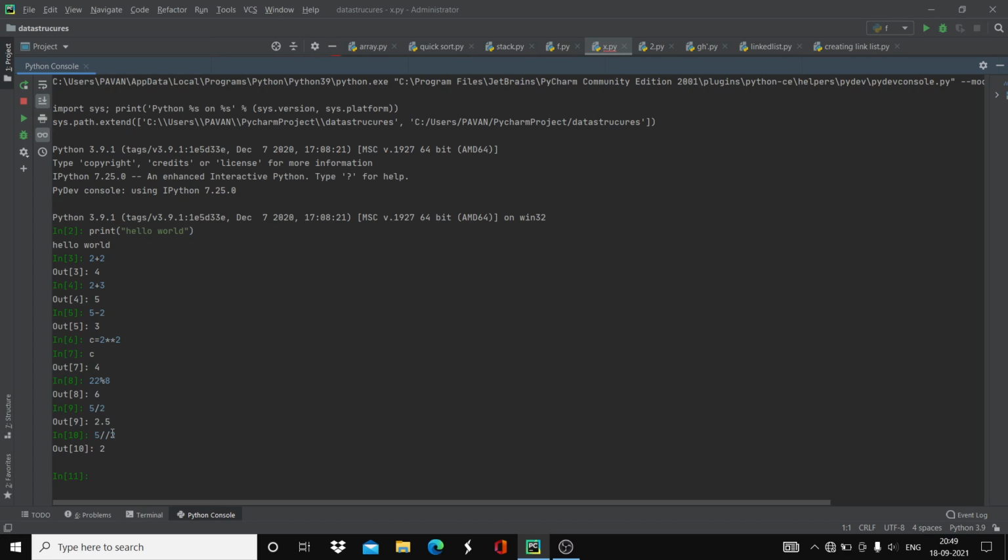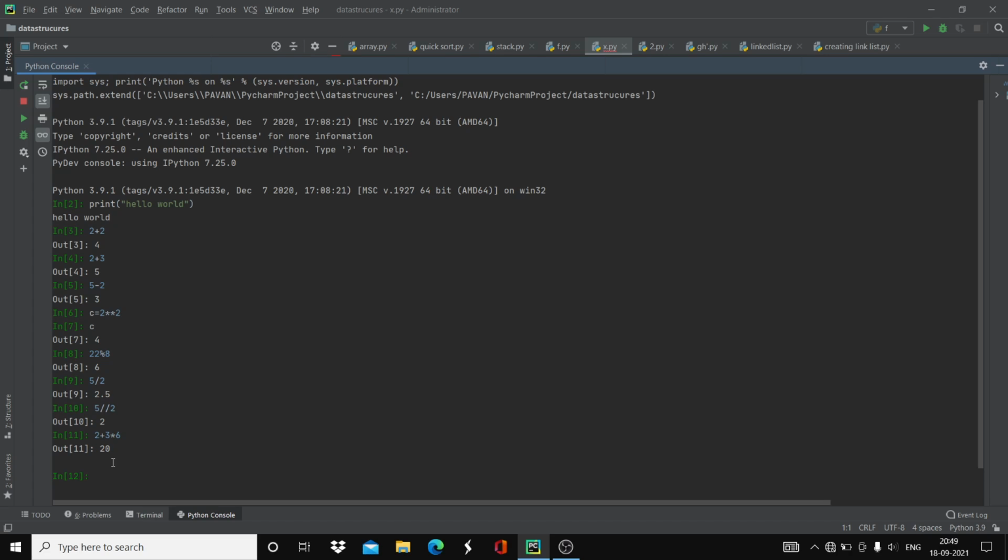Now, when you perform operations, precedence exists. For example, let's say 2 plus 3 into 6, you got output as 20. Here first the multiplication is performed, 3 sixes are 18, plus 2 is equal to 20.